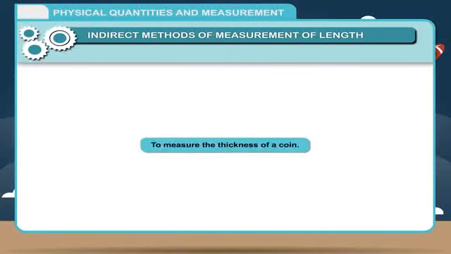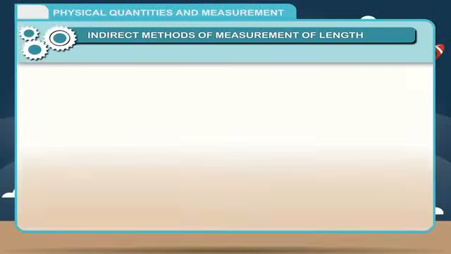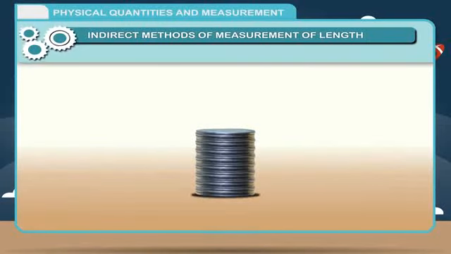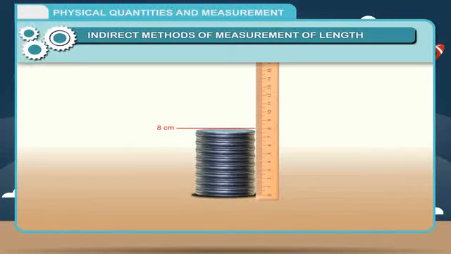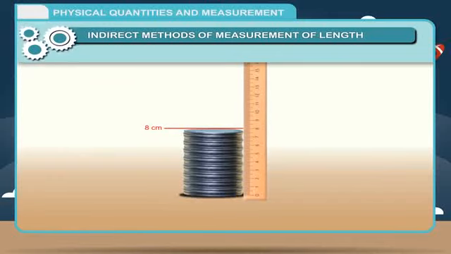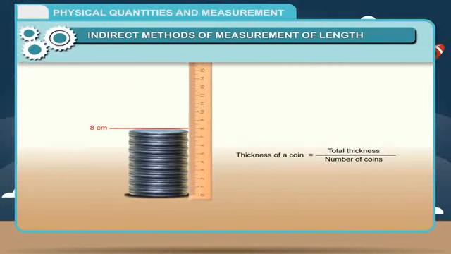Activity: to measure the thickness of a coin. Take some identical coins, say 20 to 25 in number, and place them one over the other. All these coins will make a cylindrical column. The height of this stack of coins can easily be measured by a ruler placed vertically against it. To find the thickness of a single coin, divide the total thickness by the number of coins. So, thickness of a coin is equal to total thickness divided by